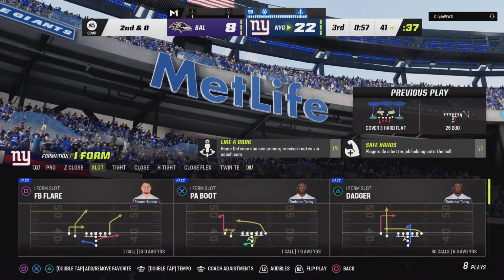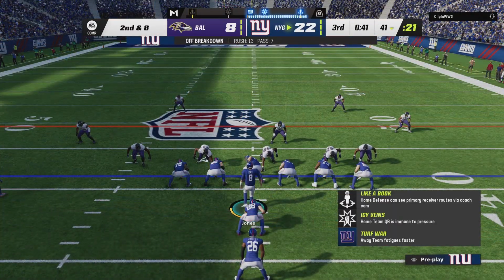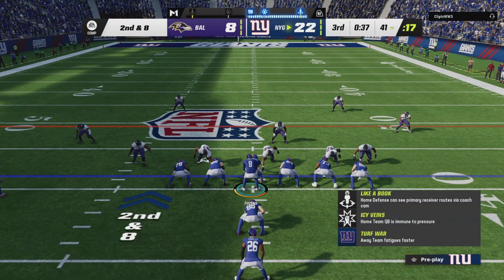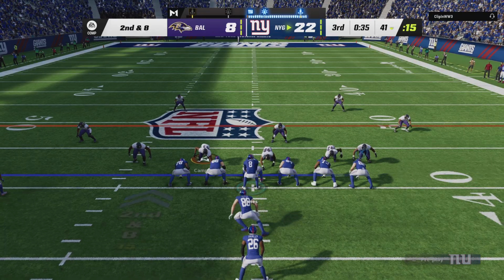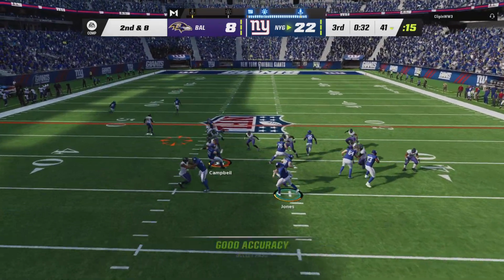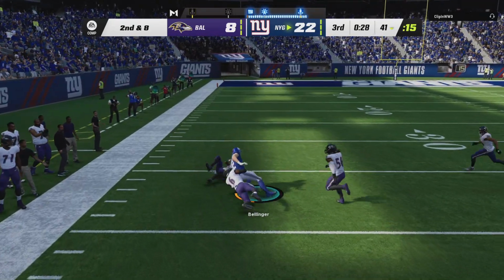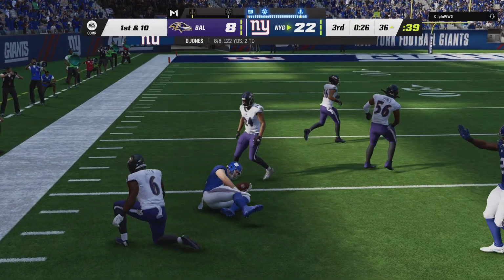It'll be 2nd down. An opportunity to get a drive started here at the end of the third quarter. What you're trying to do is break the game down a little bit. Don't let your guys see too deep into the game, into the future, and say, oh, we got to get here. No, right here, right in front of them, melt the clock down, get to the fourth quarter, try and keep going. And try to keep that lead. Exactly. And